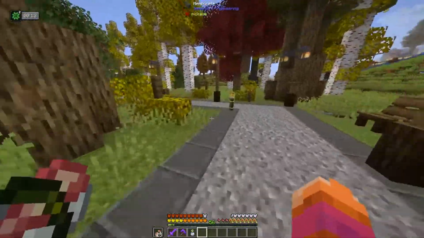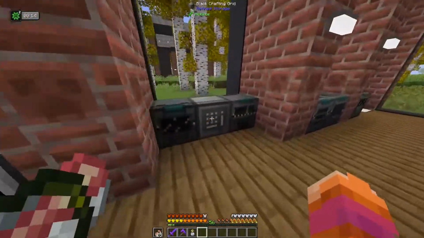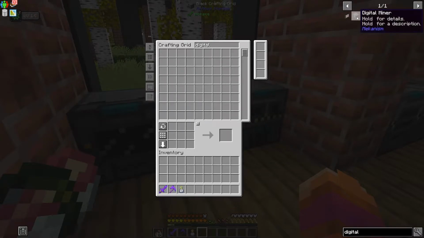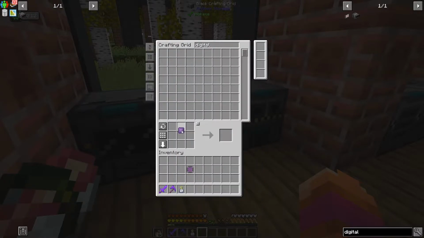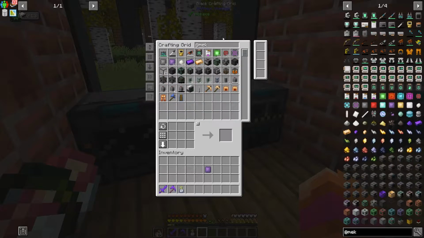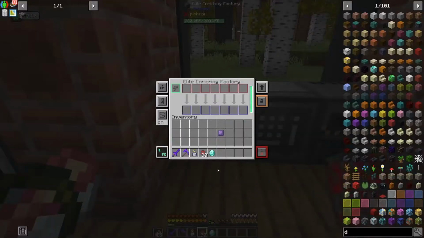But now we have to do one of the more interesting bits, and that's to make a digital miner. So the digital miner is sort of a major thing in Mechanism. So as such, it is not an easy recipe. You can see we basically have nothing that we need here. If I grabbed one of these and, let's see, we're going to need these, and if I grabbed a diamond and enriched it